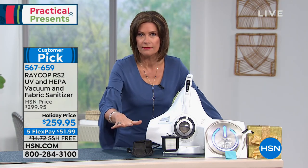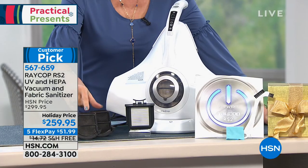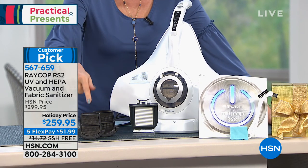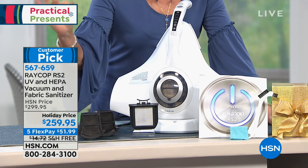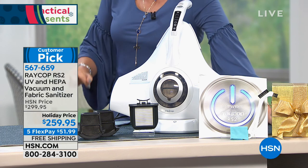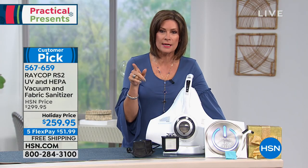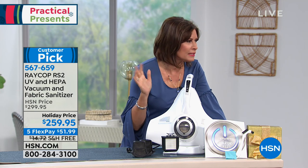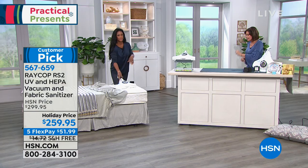We're gonna give you a nice configuration with it, which includes a HEPA filtration. You're also getting 2 of your little dust bins here. You will be surprised at how fast these things fill up, okay? That's why it has become one of our top sellers and a customer pick. It's priced at $259.95. We have 5 flex payments on it, but I wanna get right to the demonstrations